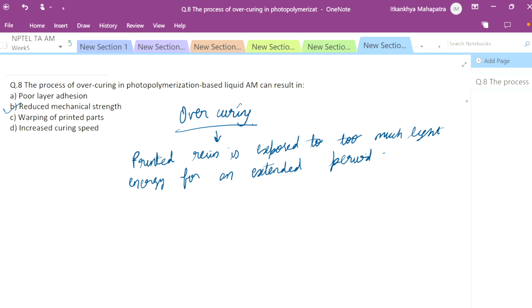Now, when resin is overcured, the polymer chains within the resin become excessively cross-linked and bonded. Well, some level of cross-linking is very much essential for creating a solid and functional printed part. But excessive cross-linking can lead to